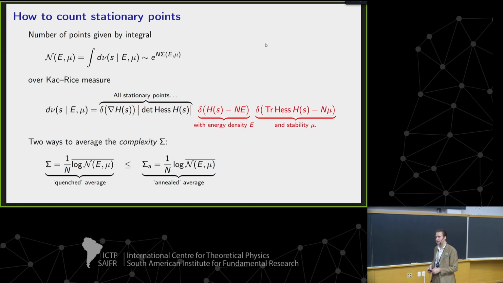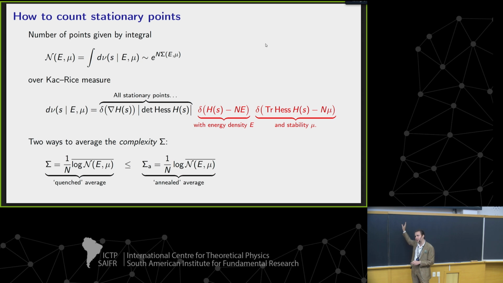The second piece specifies that we want to count points that have interesting properties, that have a certain energy, a height in the landscape, and this thing I call stability, which I'll define in detail on the next slide. You can basically think of this mu, the stability, as fixing the type of stationary point, as I described. If we were able to evaluate this integral for a specific function h, we would get a count of the stationary points that have these properties. But we want the average over the family of functions drawn from a certain distribution that we described in our model. And so we want to average this value.